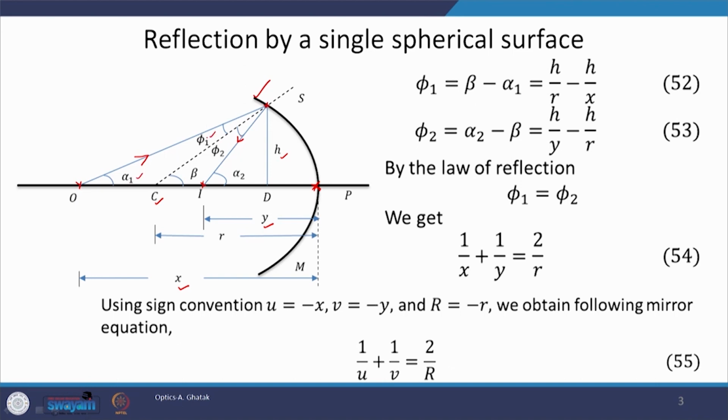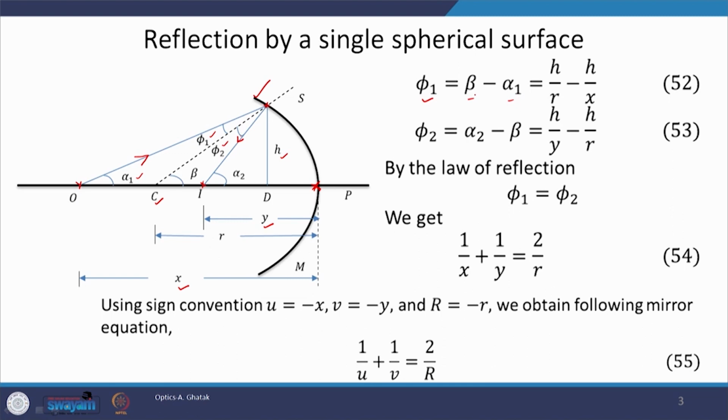The angle of incidence is phi 1, the angle of reflection is phi 2, and using the geometry we can say that phi 1 is equal to beta minus alpha 1. Now, as discussed in the previous class, we are in the paraxial regime. Paraxial means we are considering only the rays which are very close to the axis of the system. What do I mean by very close to the axis? These rays make very small angles with the horizontal axis of symmetry, and once these angles are very small, then what we can write is